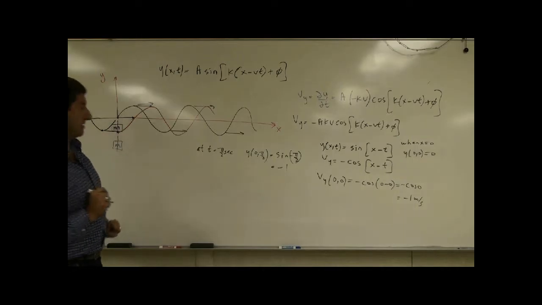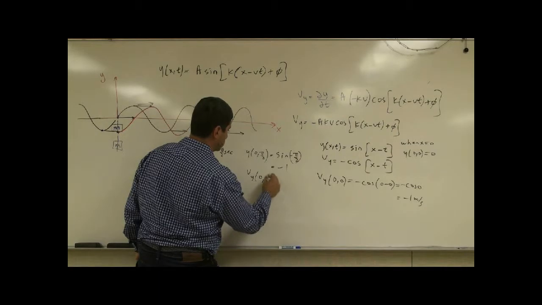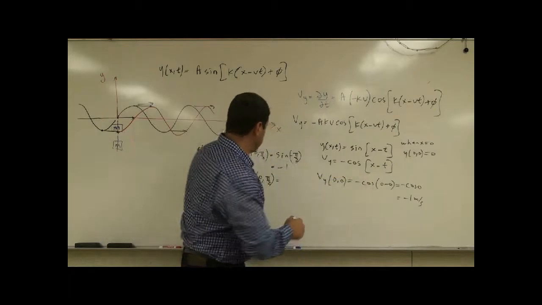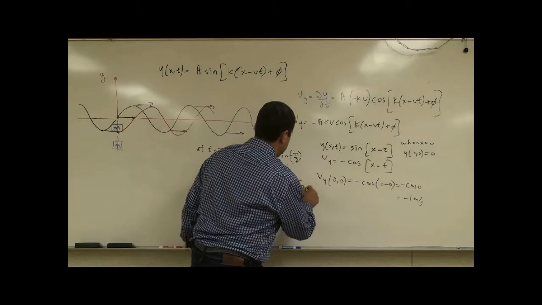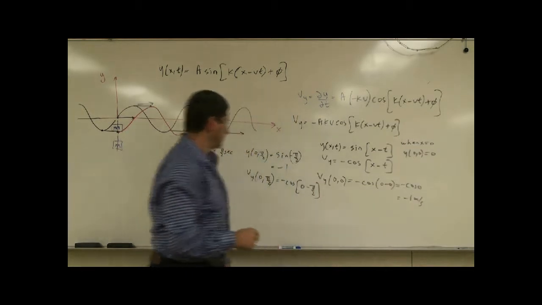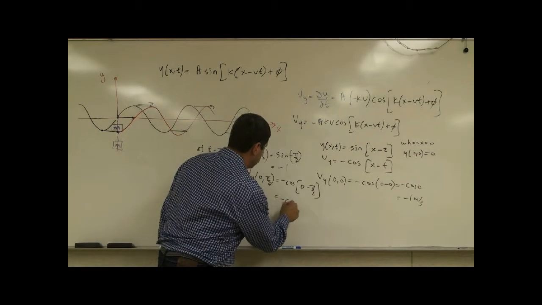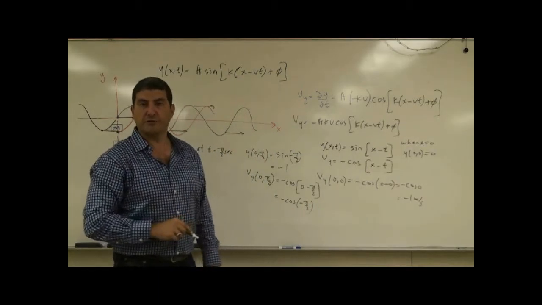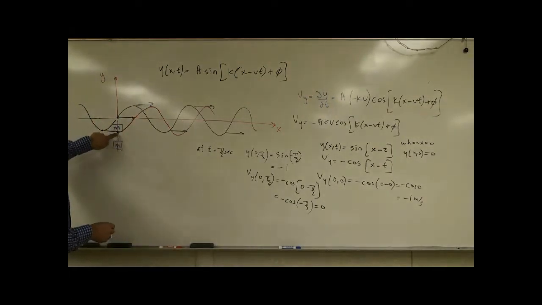What's going to be the velocity of the wave? V sub y at 0, pi over 2 is going to be negative cosine of 0 minus pi over 2. So what do you get here? Negative cosine of negative pi over 2. Well, cosine of negative pi over 2 is 0. So that means at pi over 2 seconds, the object is down here and it's momentarily, for a split second,